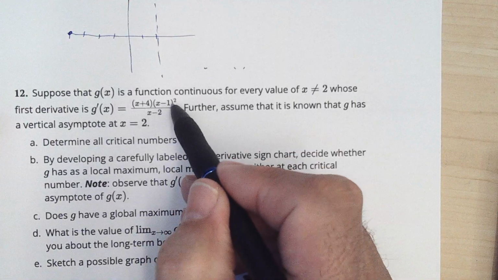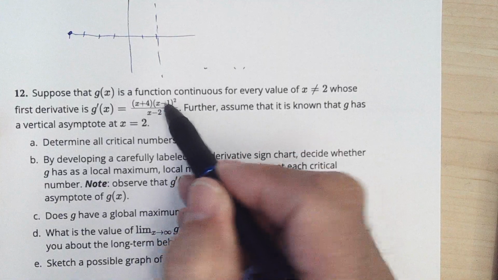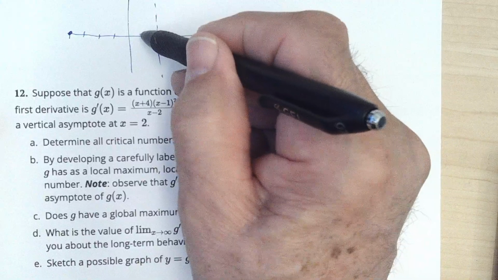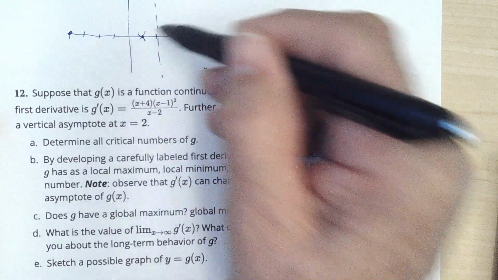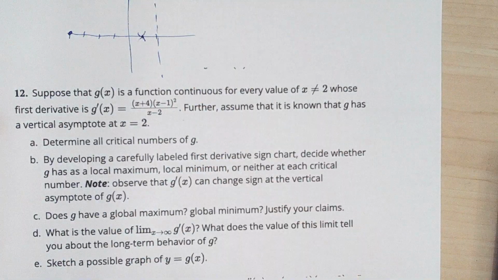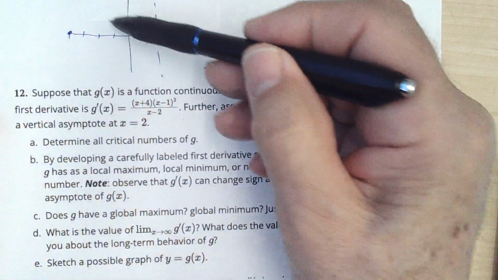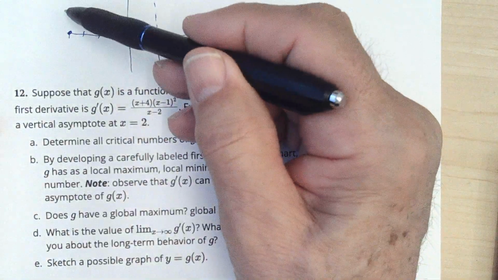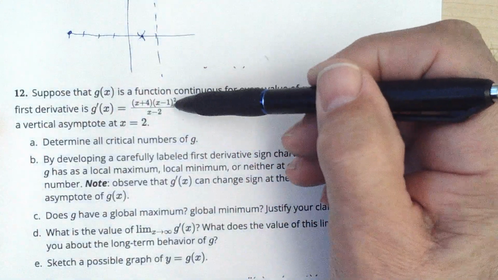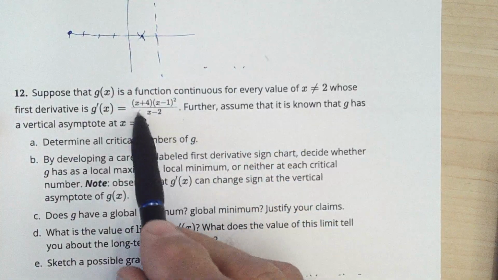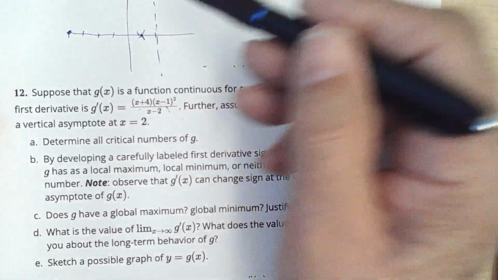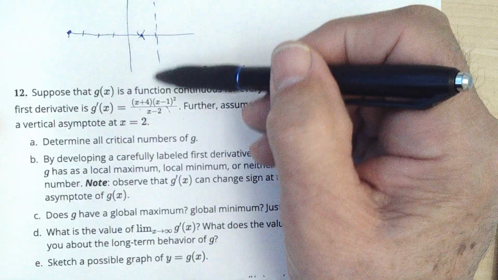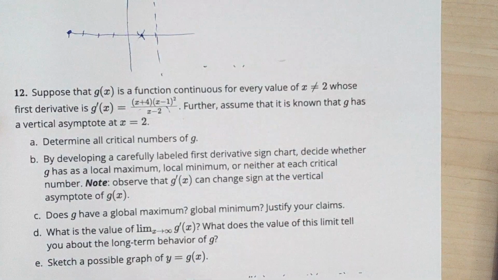And it bounces at plus 1. So it bounces off of either the top or bottom. We don't know whether it bounces this way, because that's a double factor. And so it could come this way, bounce and go up, or it could come down and bounce and go down. And since this is a single factor, if it goes down, it has to come from above. And if it goes up, then it has to be down here. So